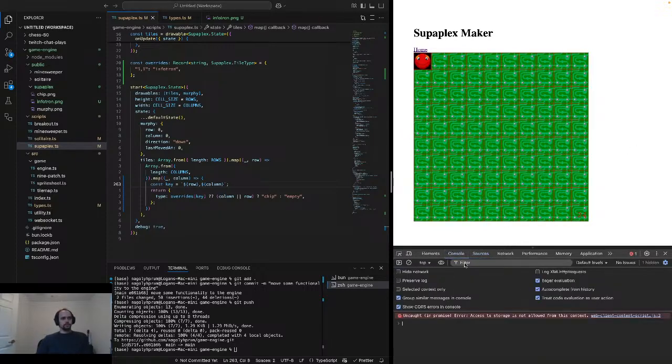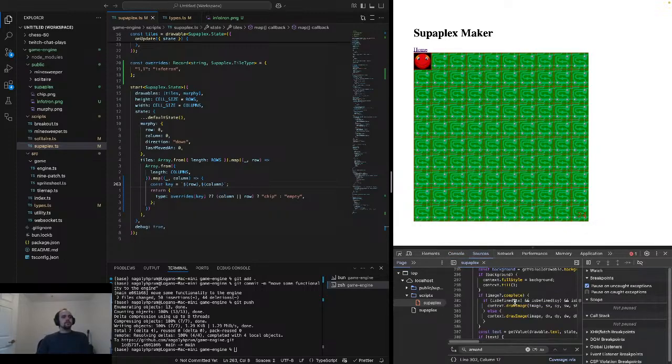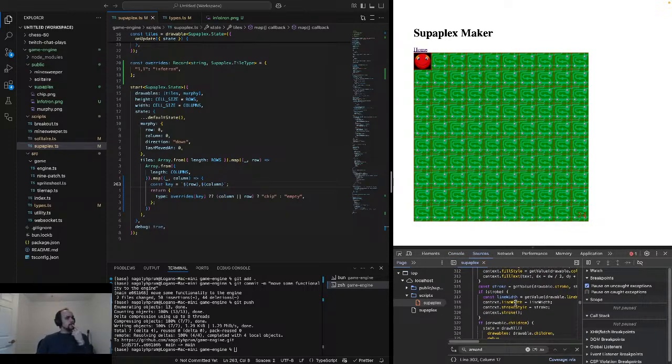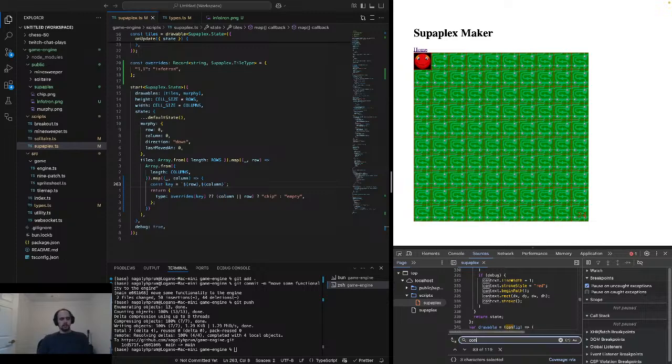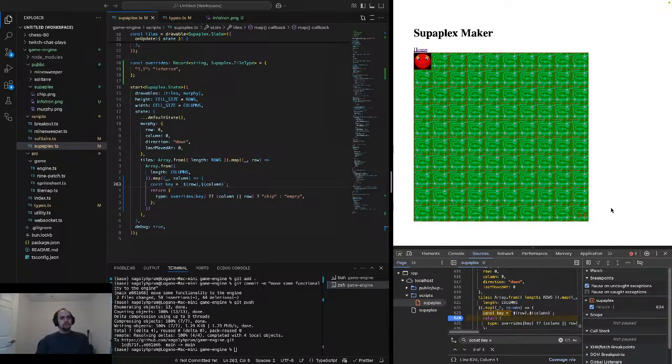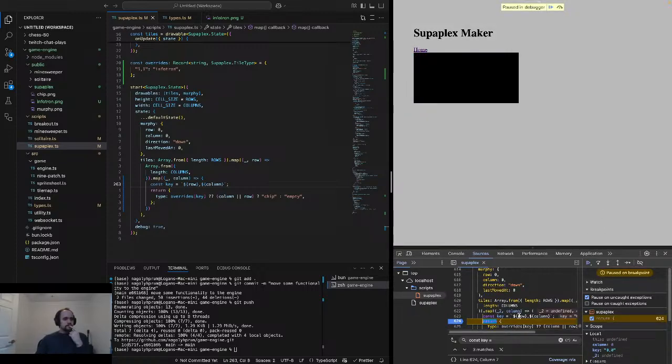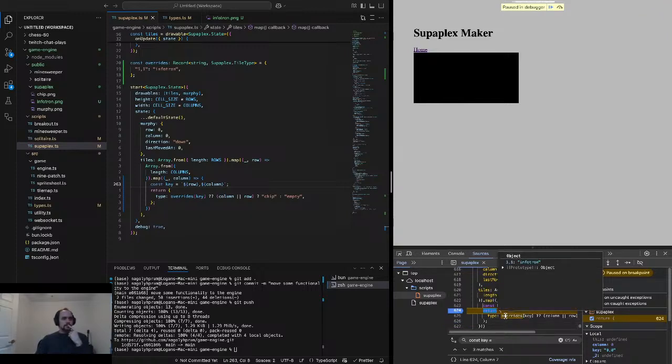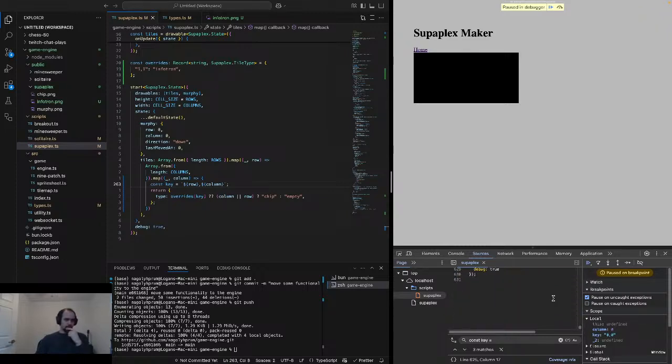Excellent. And so what I want to do early is say const key equals. Just want to see what this is evaluating to. And then I want to see what this is evaluating to. Okay, then I want to see what state is evaluating to,